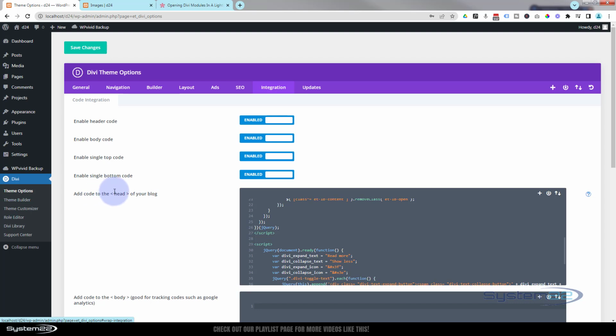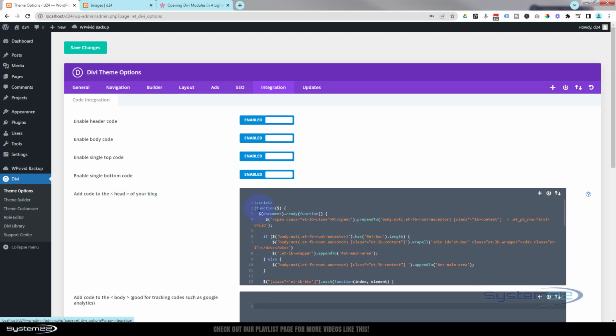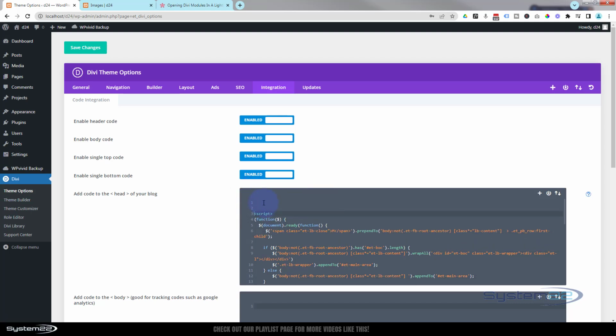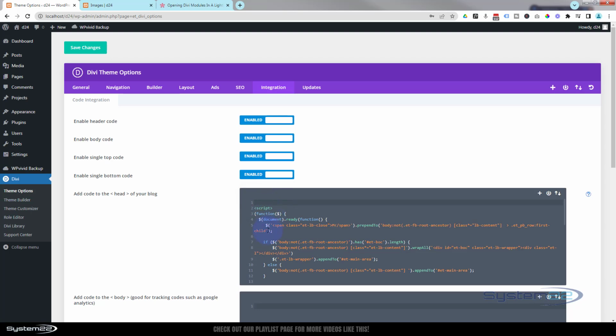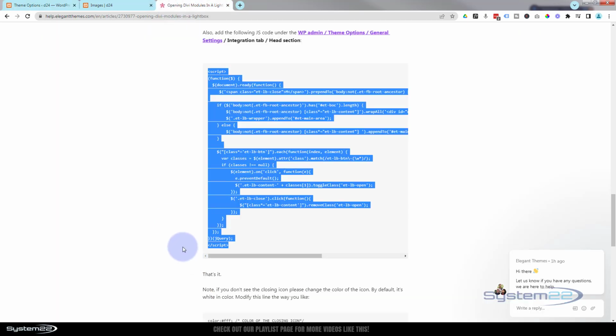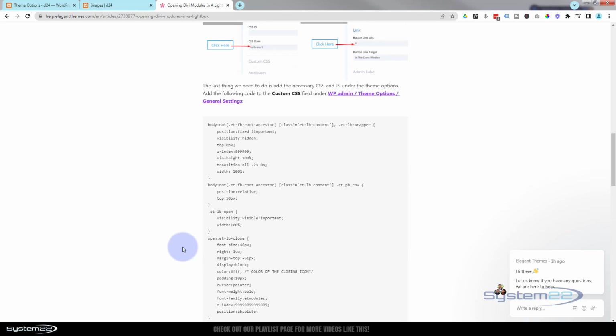And where it says Add the code to the head of the blog, we can paste it in here. And if you've got something in there, you can just scoot whatever you've got in there down, put it on top, or you can go below it and put it in there. I've already got mine in here. So once you've pasted it in there, Control-V to paste. Make sure, again, you hit your save changes. Great. Now, if we look at this page, it'll tell us up here